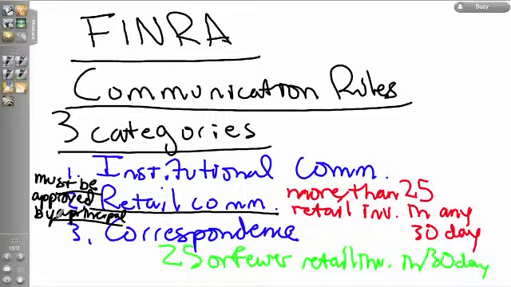And we'll talk about when that is going to happen. That's coming up here soon. So that's the basic overall general rule. Always exceptions, of course. FINRA Rule 2210 provides an exception from this principal pre-approval rule if, at the time